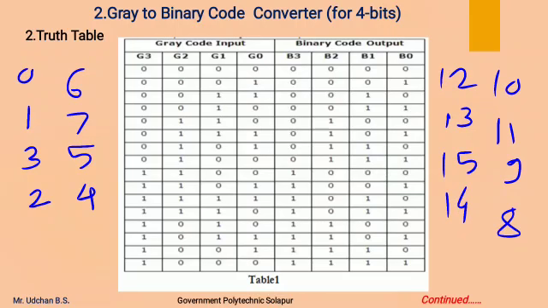This is the sequence of gray code for 4 bits. In this sequence, we have to write the gray code first. From these gray codes,